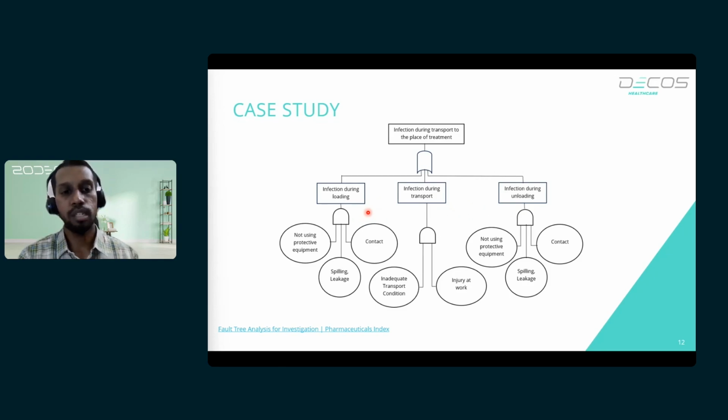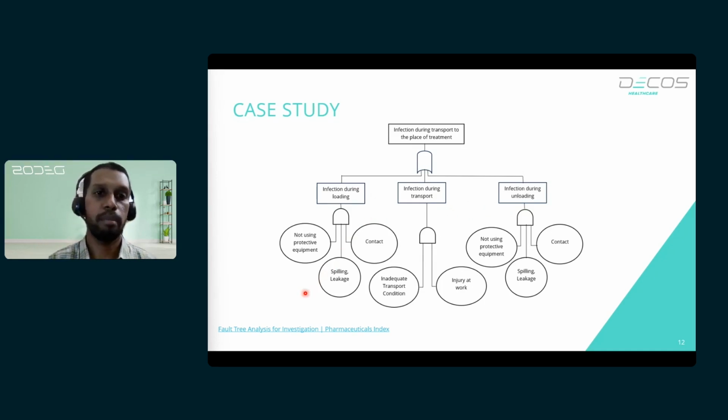Since it is going to involve a user, whenever this medical device is put into use, there is always a possible contamination if the sterile environment is compromised. So the possible infection during loading and unloading can occur if I'm not using protective equipment, or it can be due to spilling or leakage. Say it is a pharmaceutical drug that is getting loaded, and if there is a leakage or a spilling of the drug on a single carton or on the entire packaging of the medical device, there is always a possibility that the device can get contaminated, or its intended use is going to get deliberately